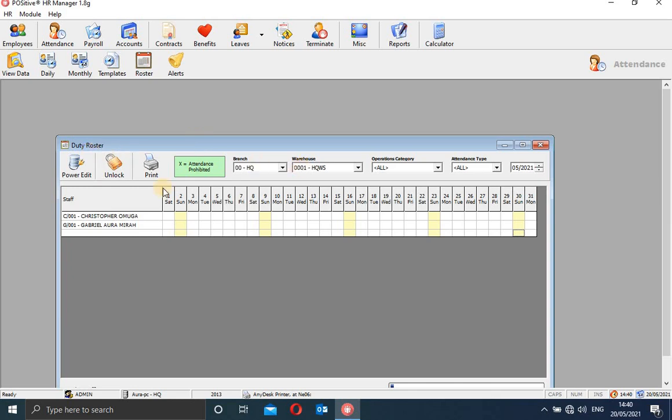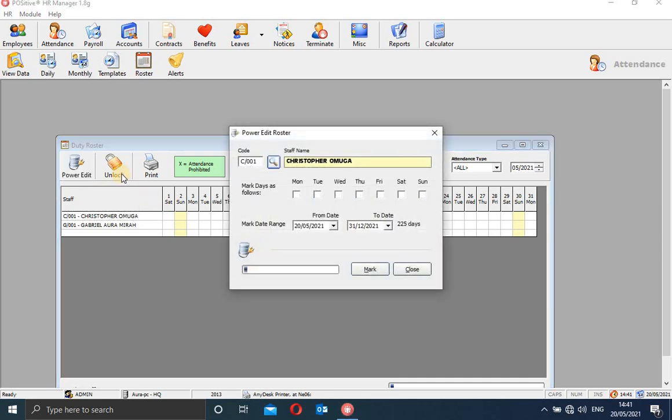This is the duty roster. You can check all the duty rosters, and this is where you can assign off days for each and every employee. Let me just unlock first. Once you do that, you can select an employee like Omuga, and then assign him off days.